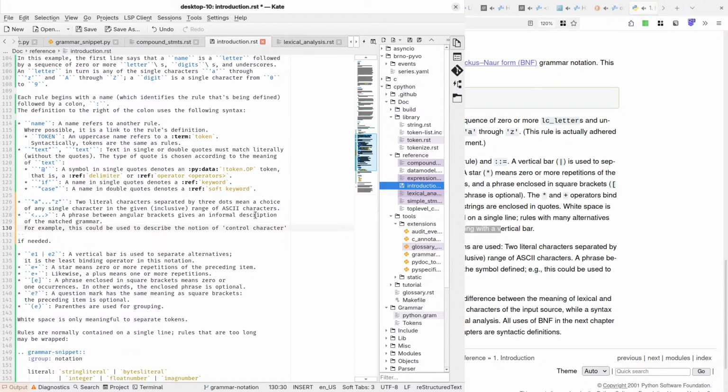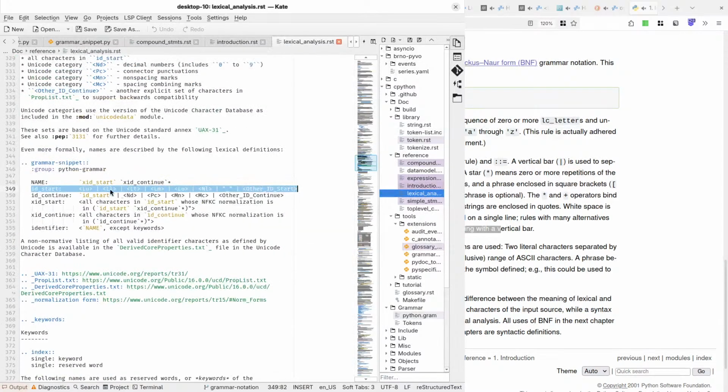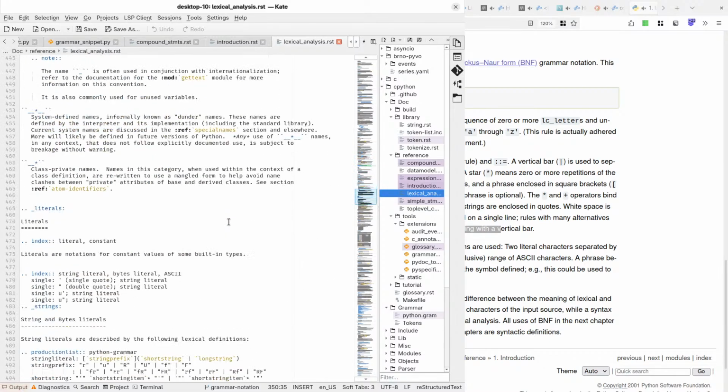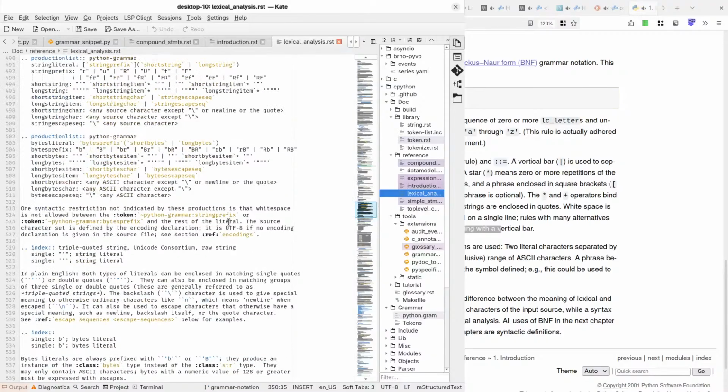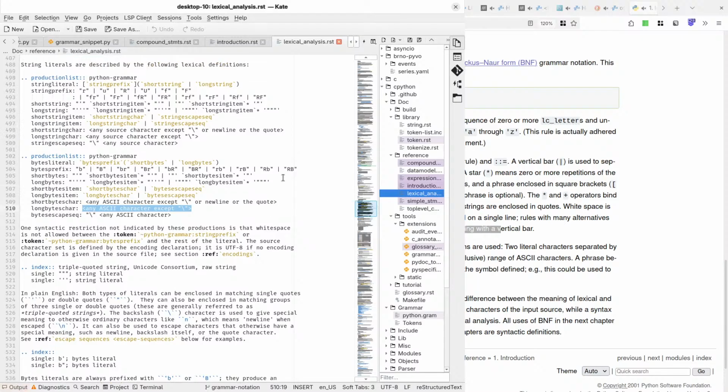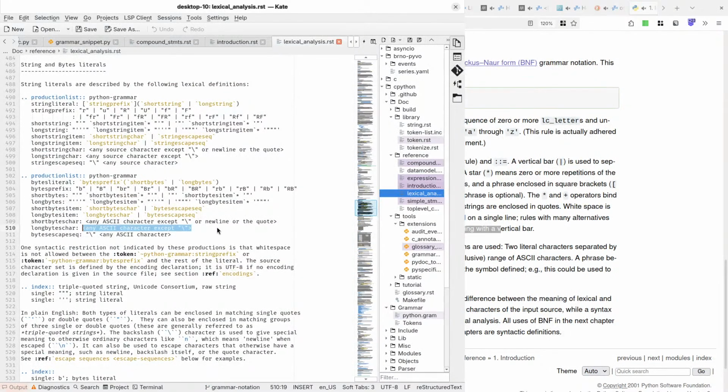Let's use some actual examples. Any ASCII character except a backslash. That's a bit long. Or how about the lower one? Any ASCII character. Bytescape sequence. Yeah, that's a bit shorter. But I guess this makes a better example if it has the backslash.